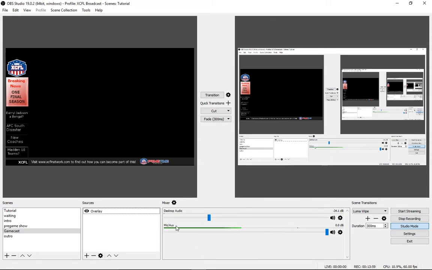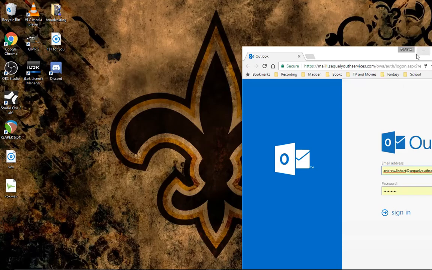Obviously, having this mic auxiliary, this is just me talking into my mic. I have a little home recording studio, so I have an audio interface and all that, but if you had any microphone plugged in, this is where it would be showing up. You will notice I use desktop audio, and the reason I do that is,